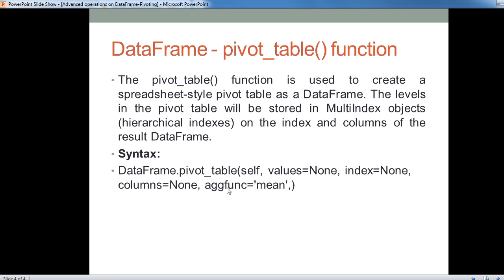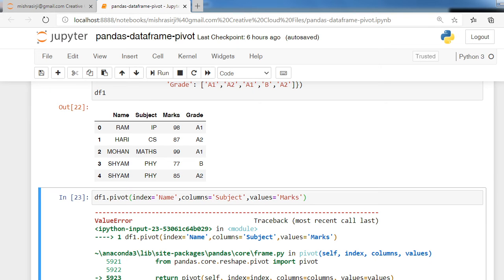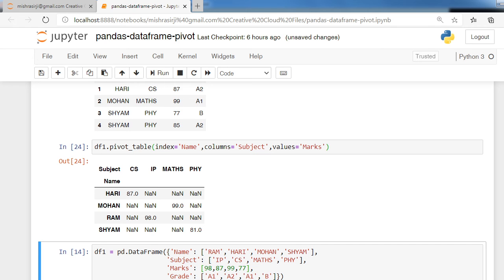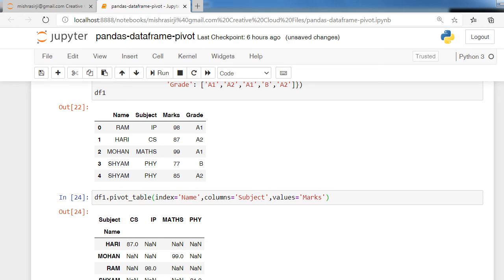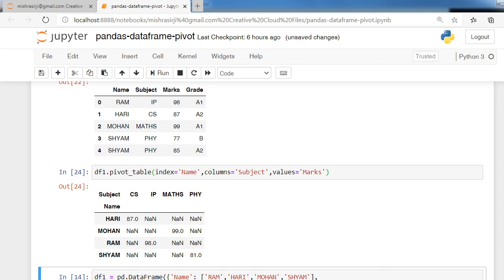Okay, so let's see how it works. We are writing here pivot table, comma aggfunc. If we skip this and run, by default it returns the arithmetic mean of duplicate data. So we have 77 and 85.